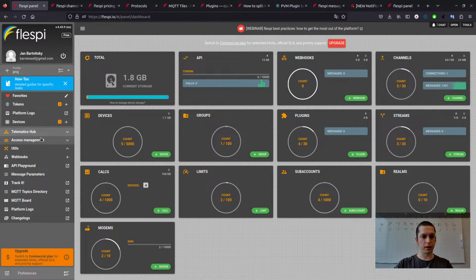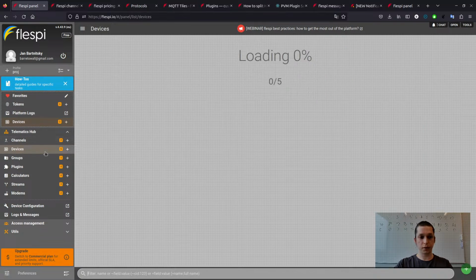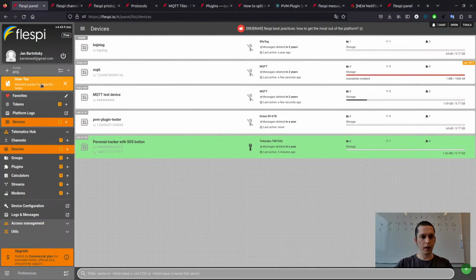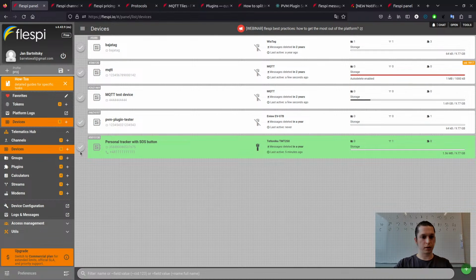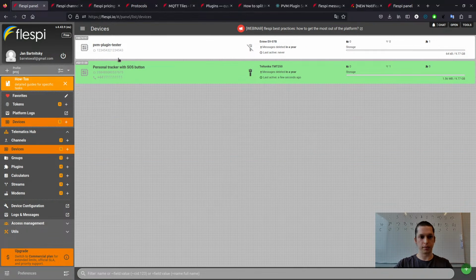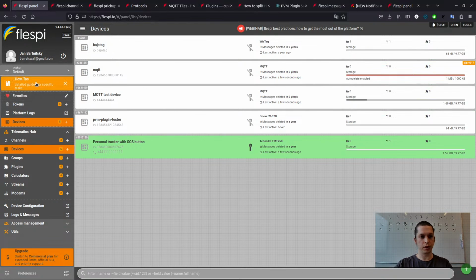and you can tune it. For example, you need to have access for certain devices. So you switch to configuration mode, save it, and in this mode, in this profile, you have 2 devices. In this profile, you have all devices.